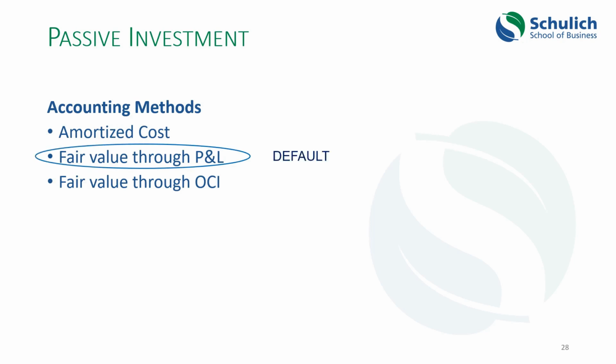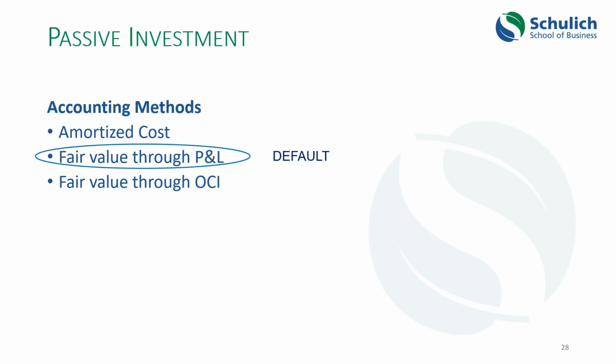If you don't elect to do something different, then your passive investments in other companies are always going to be shown at fair value, and the difference is going to affect your own income statement. And this is fine because you don't influence the company in any other way. You're just a passive shareholder. So whatever happens to those shares is a change in the fair value of your assets. And that difference in assets has to be accounted for in the equity section, right, to keep things in balance. And the way that it will happen is you will declare an income or a loss on the change in fair value on your income statement. So that's the default position.